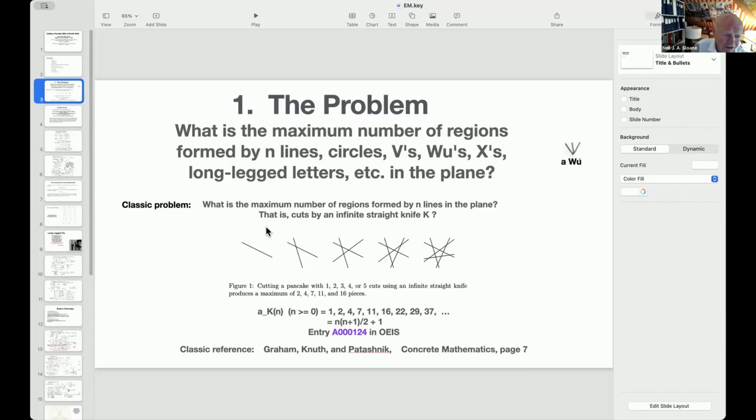Okay, the simplest case is where you just have an ordinary knife and you make a cut. Your knife actually is a line, which means it's infinitely long. If you make 1 cut in the pancake, you get 2 pieces, obviously. 2 cuts, you get 4 pieces. 3 cuts, you might think you get 8, but you only get 7. But what you do, and the general philosophy is, when you make a cut, you try to intersect all the previous cuts, all the previous lines, and then it goes up from 1 to 2, 2 to 4, you add 2,